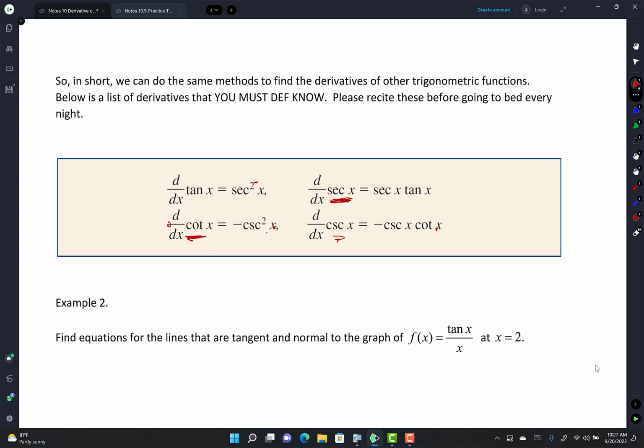Perfect. That's the one that has it itself. What's the derivative of cotangent x? Negative cosecant squared. Good. What's the derivative of cosecant x? Negative cosecant x cotangent x. Okay, tonight before you go to bed,